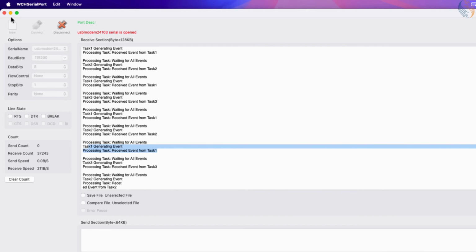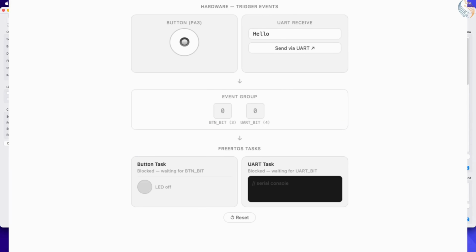Now let's take a practical scenario where we can use these event flags. We are going to use a button to blink an LED, and add another task to print the data received over UART. The idea is simple: when the button is pressed, an interrupt will be triggered, which will set an event flag. The button task will be waiting on that flag, and as soon as it is set, it will